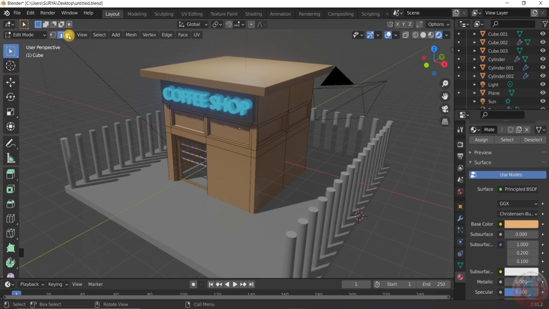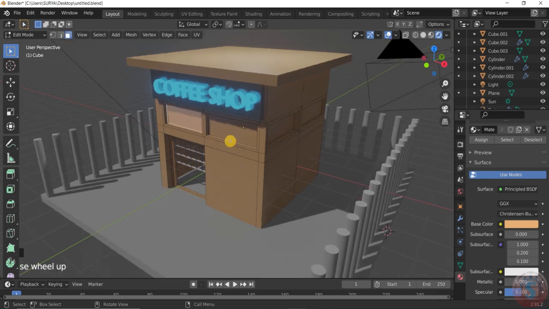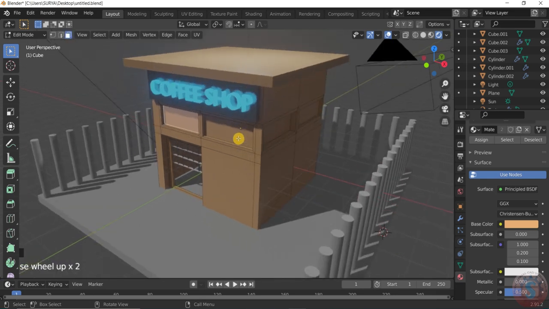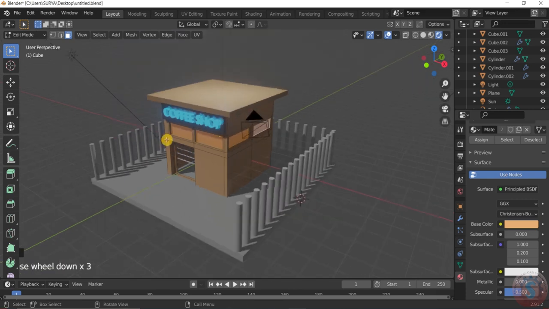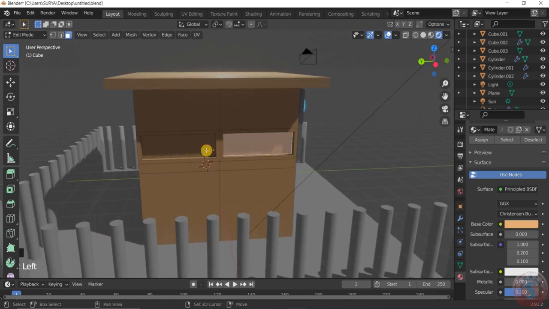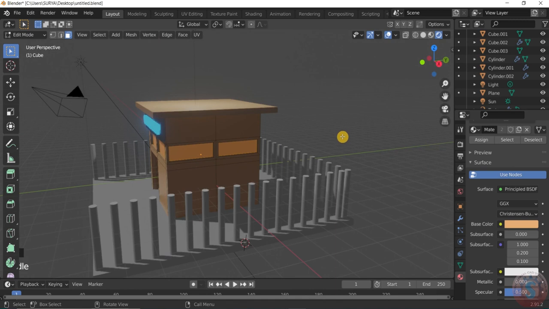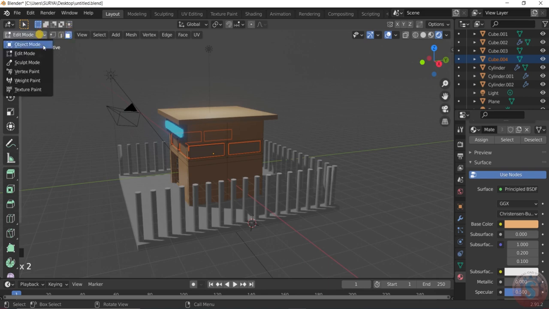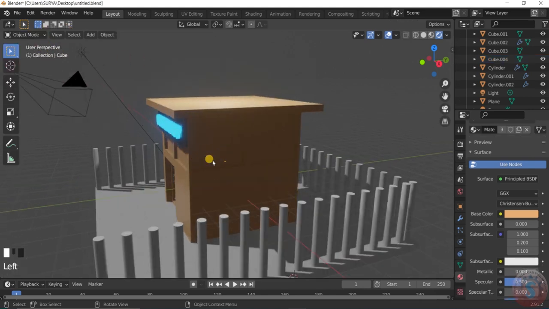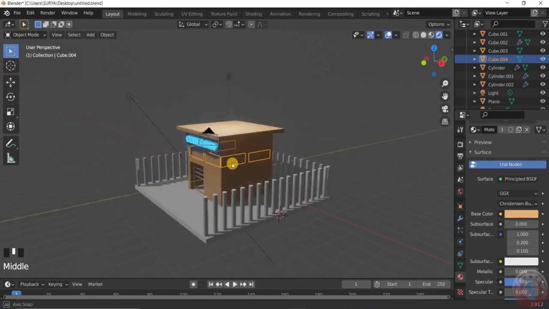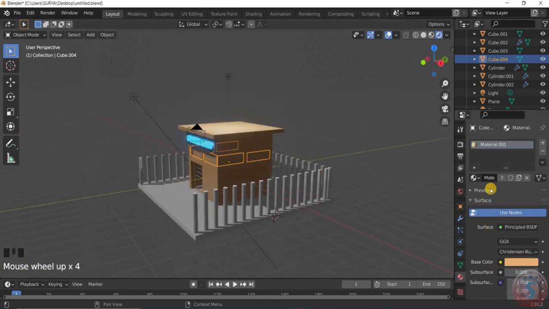and select this face, and by selecting the shift, select all of the faces to create the windows. After selecting this, give the P option to separate. All are separated at once, and go into the object mode and select all of them as they are, and go into the material here, give the material